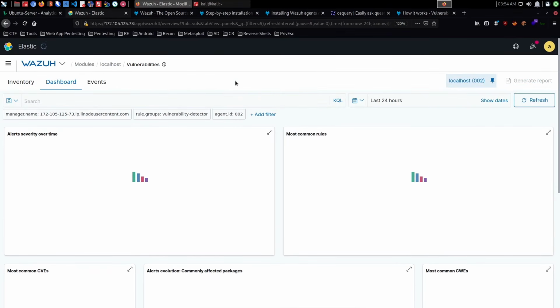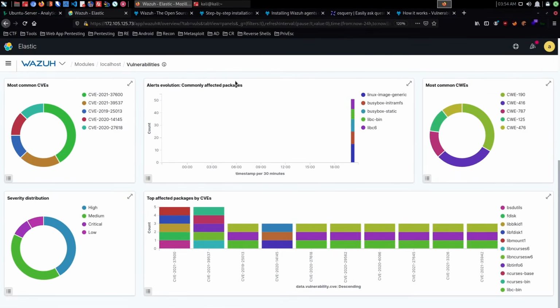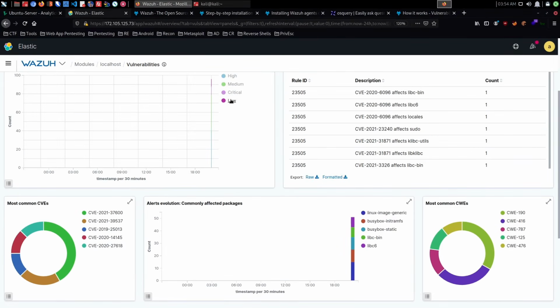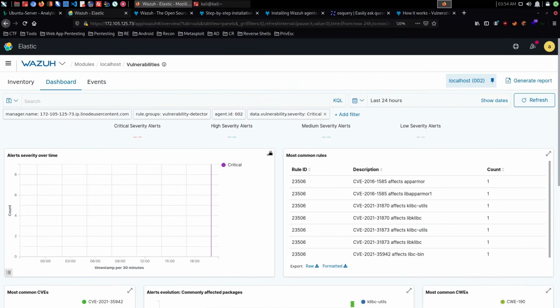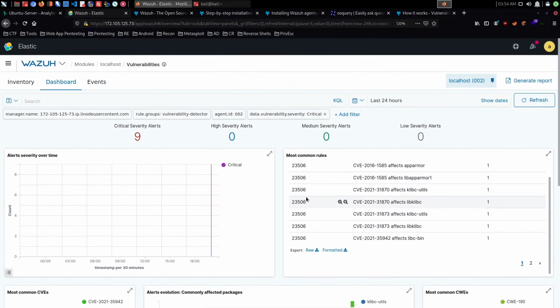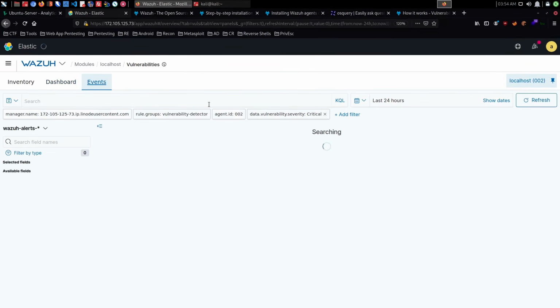Okay, so this is the vulnerability scan, or vulnerability detection, where it essentially scans the system on which the agent is installed, and it sorts the findings based on critical severity vulnerabilities, high severity, medium, etc. So if we click on high or critical, you can see that we have the following CVEs. As I said, you can learn more by clicking on the events